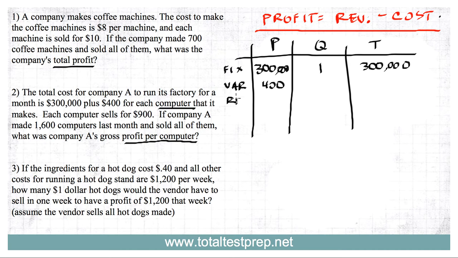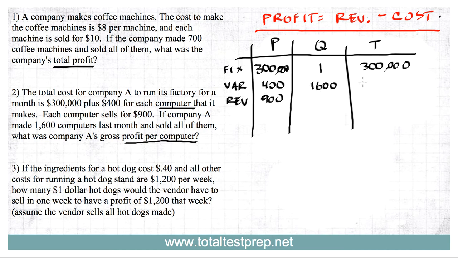So the revenue, often you don't split apart. You just have one row for the revenue. And the revenue is 900 per computer, which means that we sell each computer for $900. Company A made 1,600 computers, so our variable costs, 1,600 is going to go here. That means we've made 1,600 computers. To figure out the total variable costs, or what it costs to make all of these computers apart from the fixed costs,